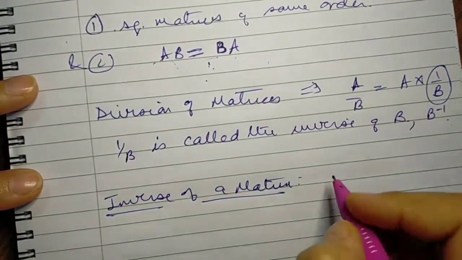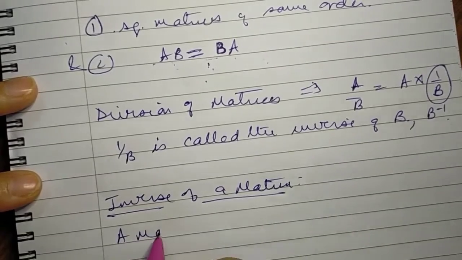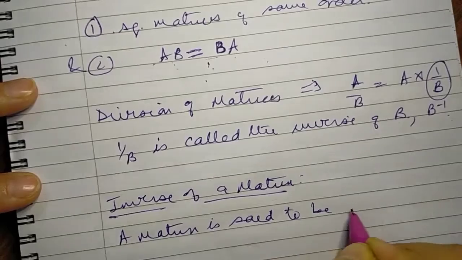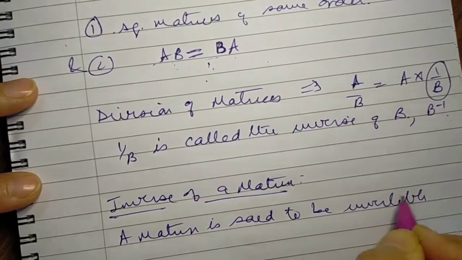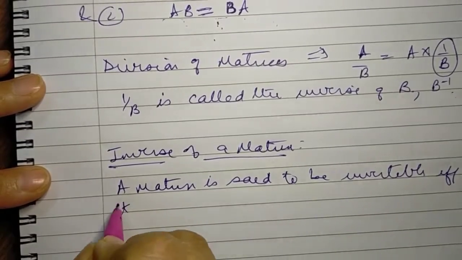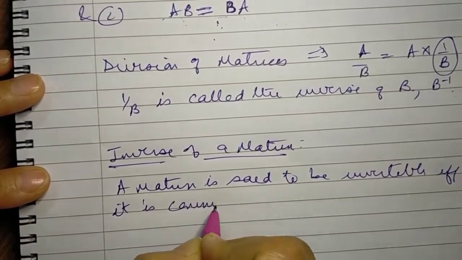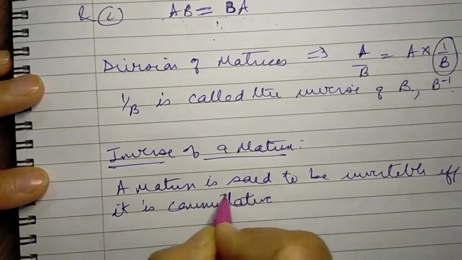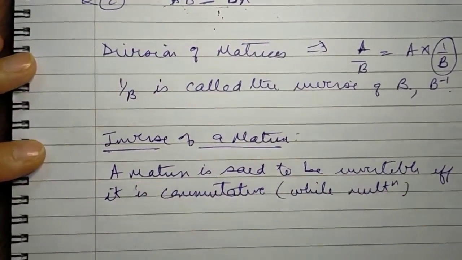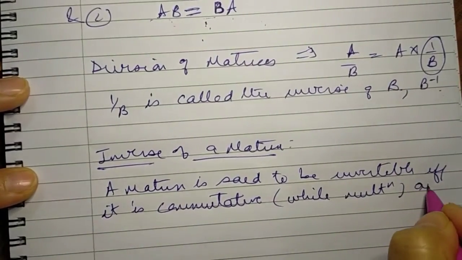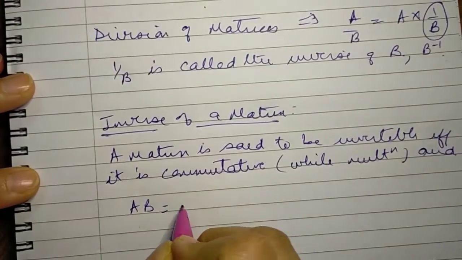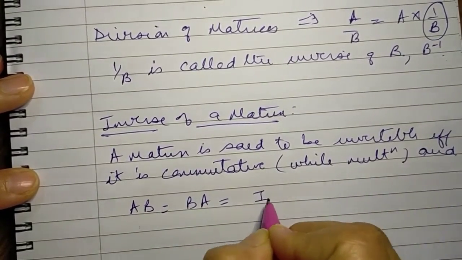So it is defined as: a matrix is said to be invertible if and only if its matrix multiplication is commutative, and we have AB equal to BA equal to I,